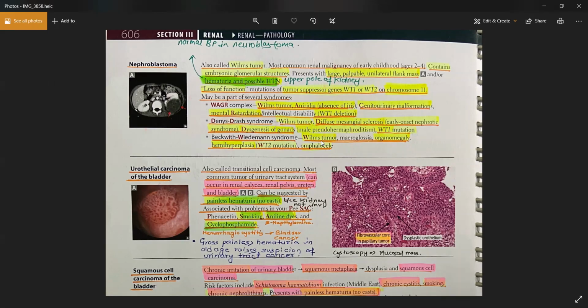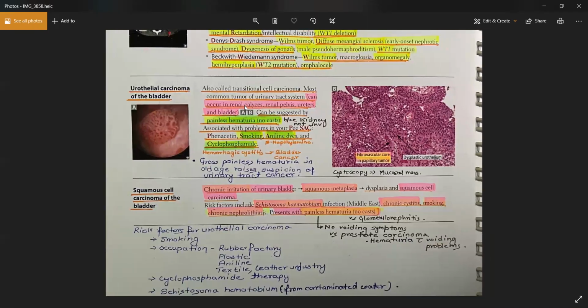So remember that. So that's about my nephroblastoma, a unilateral kidney mass of primitive structures of the kidney, of the nephrons, originating from the metanephric mesenchyme. Large palpable unilateral flank mass will be seen, flank pain will be seen, hematuria, hypertension. Different syndromes will be seen, all because of WT1, WT2 mutations or deletions. That's a nephroblastoma. Age, must remember, 2 to 4 years. Okay. So that's it. Any doubt, please ask.